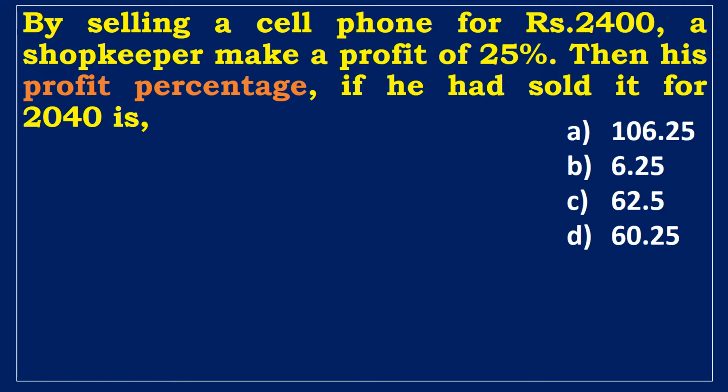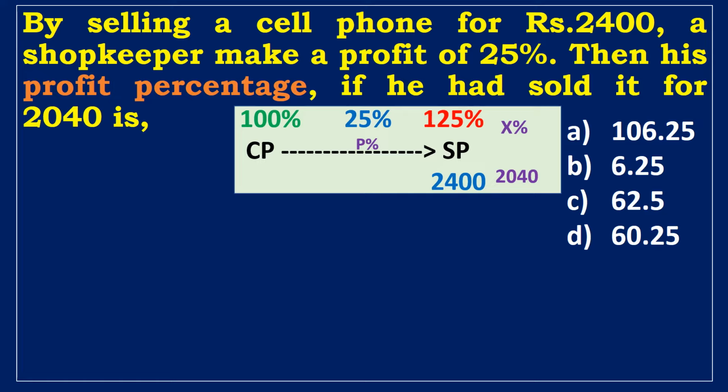Second example. By selling a cell phone for rupees 2,400, a shopkeeper makes a profit of 25%. Then his profit percentage, if he had sold it for 2040 is. From the information given, we know that the shopkeeper made a 25% profit on the sale of the cell phone for 2,400 rupees. Assume the cost price is 100%. The selling price percentage is then calculated as 100 plus 25 equals 125%, or